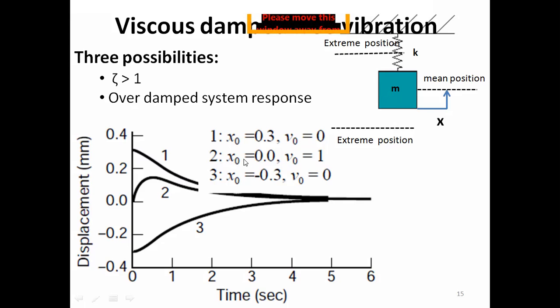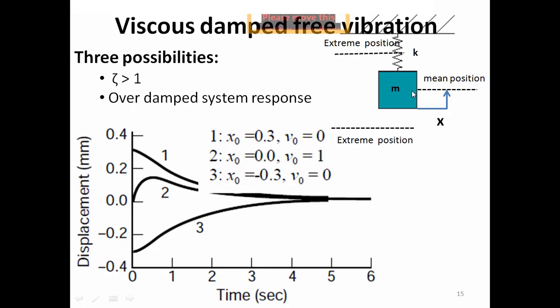The mass x naught is 0, so the mass is here. The mass is at the equilibrium position. V naught is 1, but it is moving in this direction. If it is moving in this direction, it is just like I have kicked the mass. It is moving with a velocity of 1 meter per second or 1 millimeter per second, but it is still at the